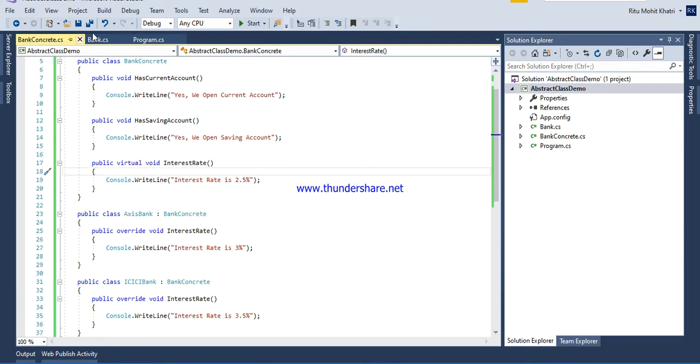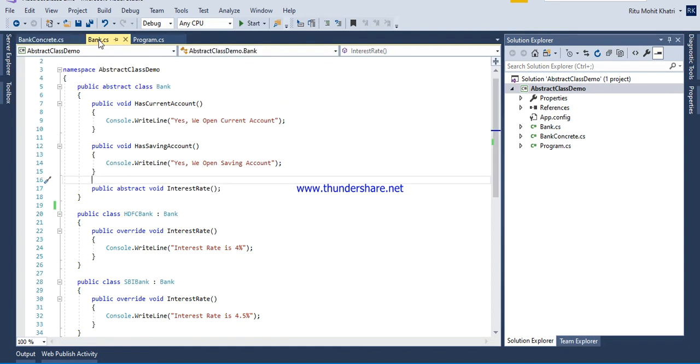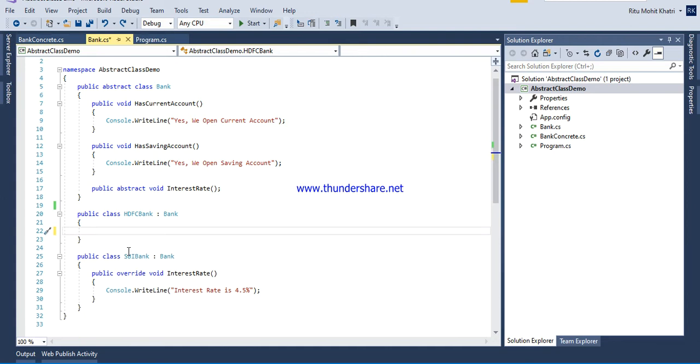And now the third difference is a major difference. If we have defined any method as an abstract method, and we are inheriting that class where the abstract method is, say in this example the bank class, we must override this method. Okay, so here you can see I am overriding this interest rate, but for some reason if I forget to override, you can see the compiler will give me an error.